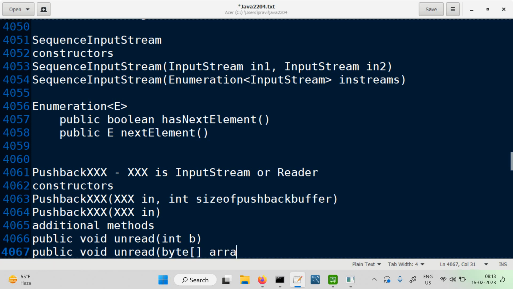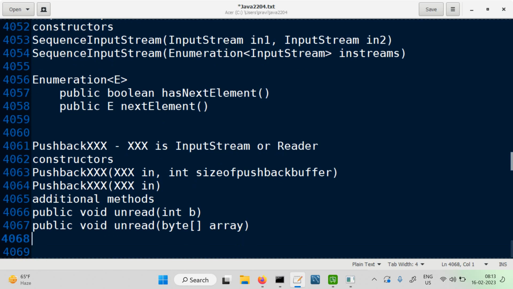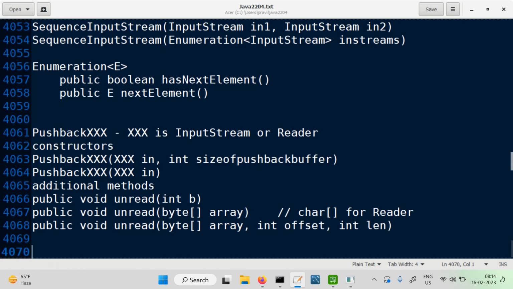I'm writing it for a byte array, but the same thing is applicable to a char array. Instead of a byte array, it would be a char array when it's a reader. And we have an integer offset and an integer for the length. So additional methods are these only. Right? So this is the